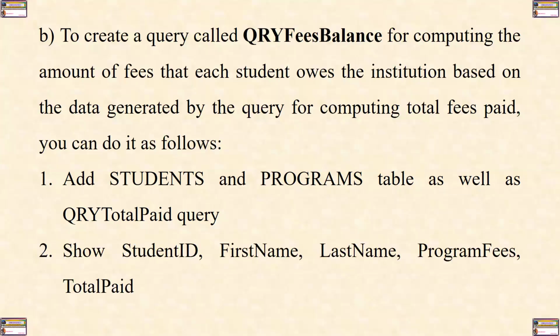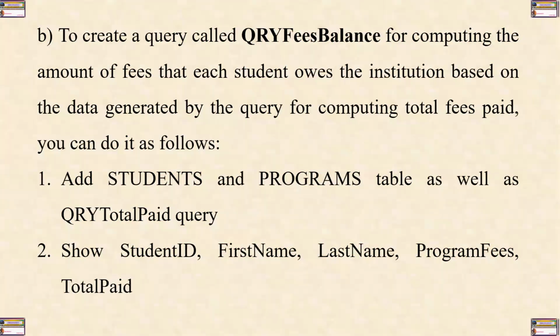So for you to do this, you proceed after you've added the three tables or the two tables and the query, that is students table, programs table, and query total paid query. Next thing you need to do is to show the student ID, first name, last name, program fees, and total paid. So those are the fields that you need to add or to select from the various tables in the query so that you can be able to proceed and run the query or create a calculated field and